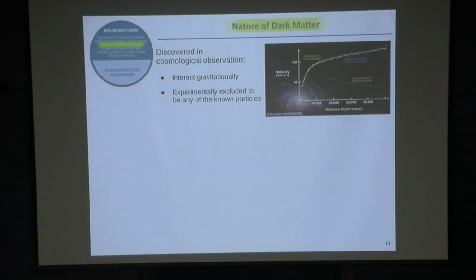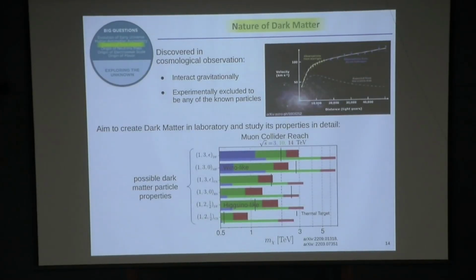Not only that, even more puzzling, we have excluded any known particle we have produced and found in colliders. Any of these particles, we know it cannot be responsible for dark matter. So finding the nature of dark matter is what we think is a high priority question for the field. And in particular, it's not only finding evidence of dark matter, but being able to produce it in a laboratory setting to study its properties and the properties of other particles that we often expect to appear at a similar mass scale.